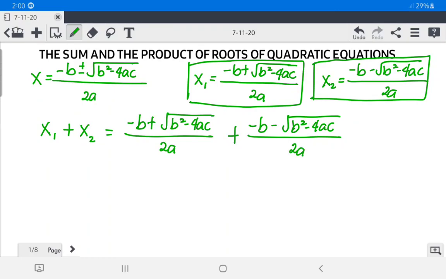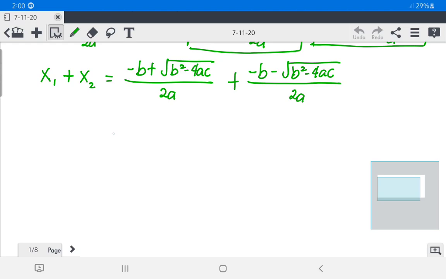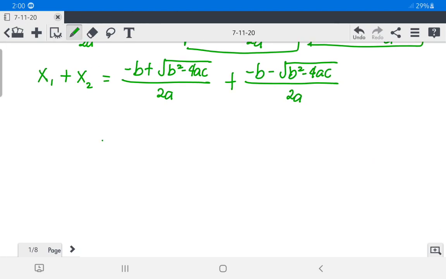As you can see, they are similar fractions, so they have the same denominator. What you are going to do is copy the common denominator, then combine the numerators. So we have negative b plus square root of b squared minus 4ac,